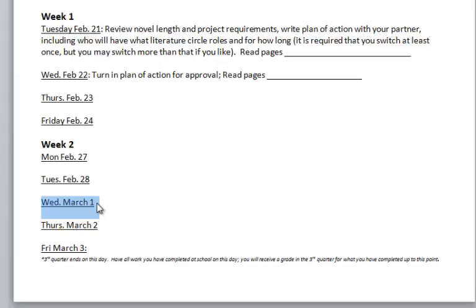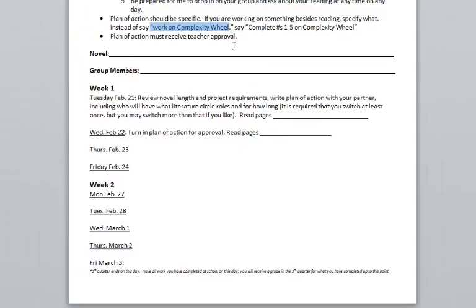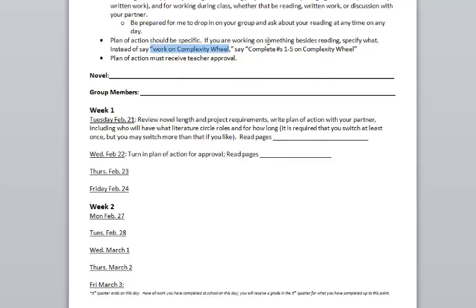If you are going to spend a day working on your complexity wheel, don't just say work on complexity wheel. You need to specifically tell me what numbers, what sections you think that you will be able to work on and answer fully. Okay. That being said, this is somewhat tentative. If you think you can work on numbers 1 through 5 of the complexity wheel for the remember section, which actually those aren't valid numbers anyway, that's just an example,